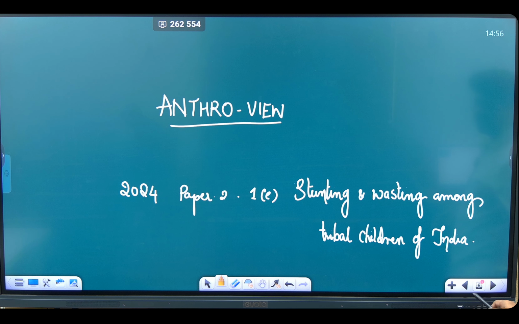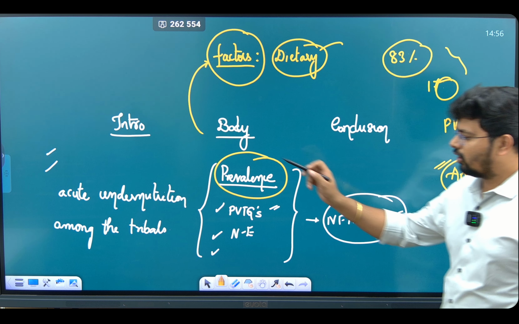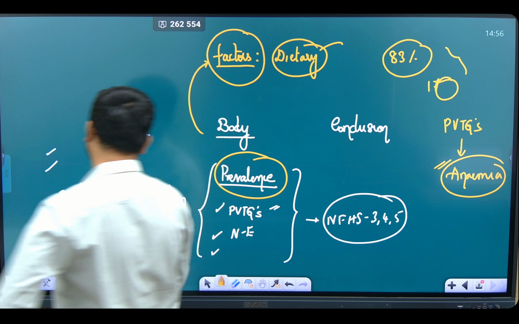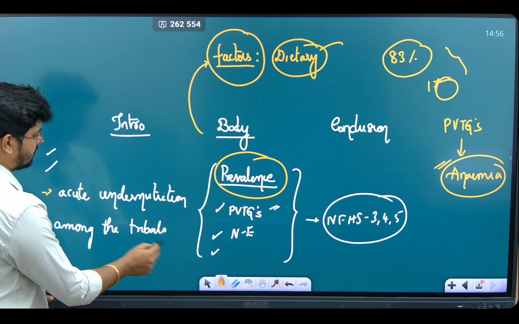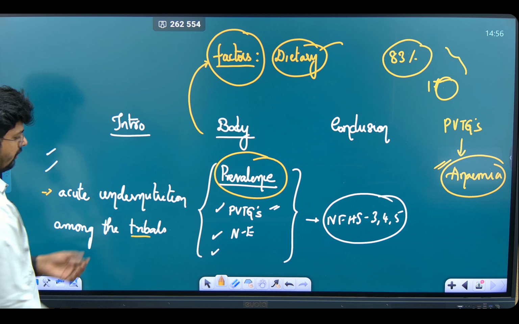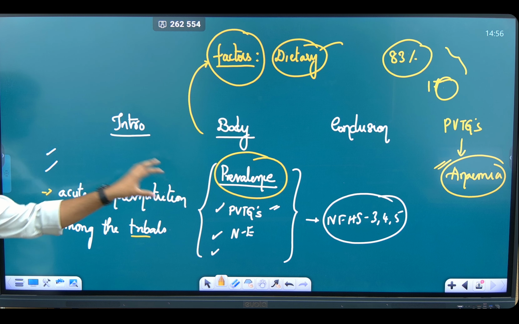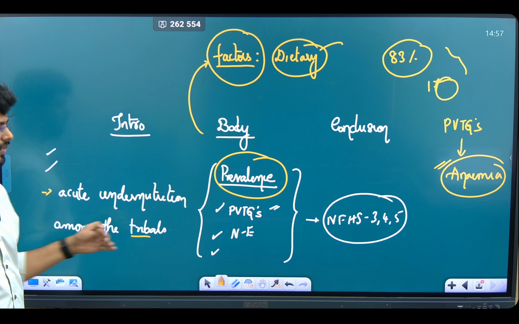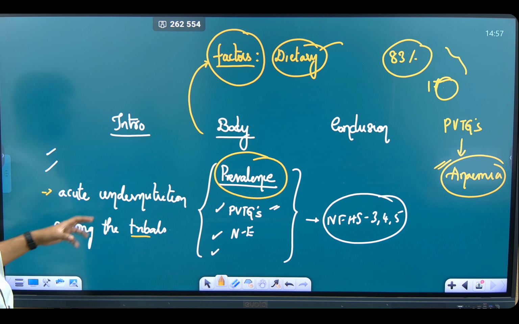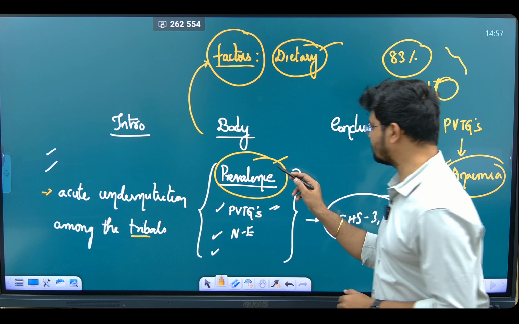So I hope you are clear. In the intro you talk about what stunting and wasting are, and say that these two are the main indicators of acute undernutrition among the tribal children, and you say that in the introduction itself as a linking line. So the linking phrase will be there between intro and body. There you can say that the reasons include various factors such as socio-political, economic and cultural, and in the body you try to show the prevalence among various tribal populations,